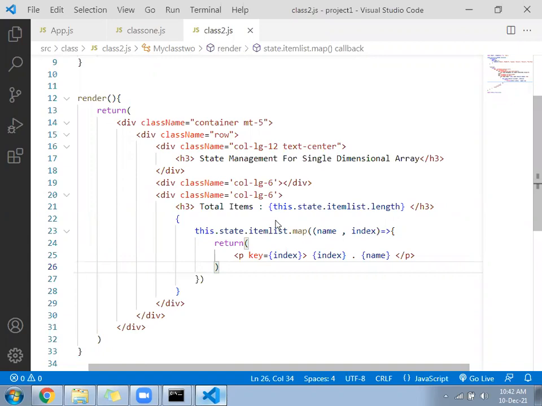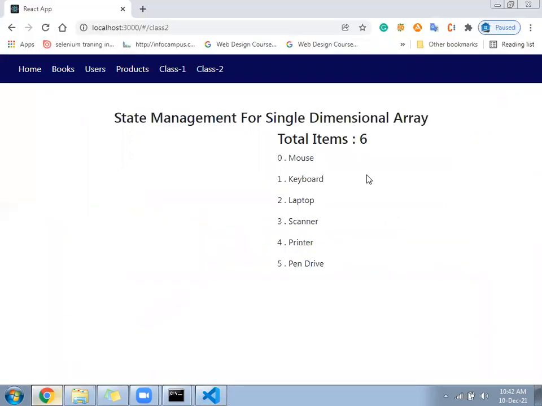Clear? Index is also printing 0, 1, 2, 3. So we saw how to add the data and how to print the data. This is for a single dimensional array.